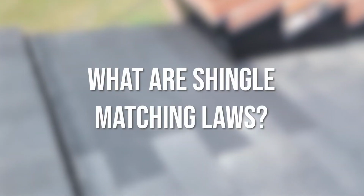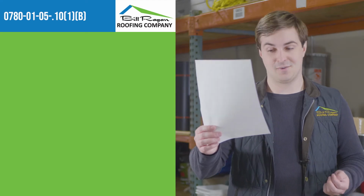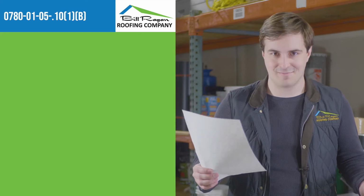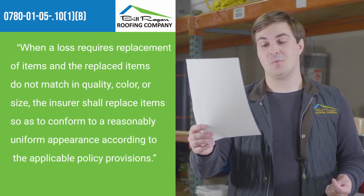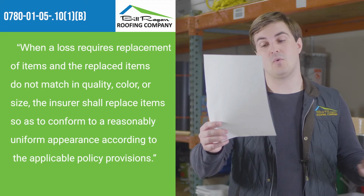What are shingle matching laws? Even though I've been saying shingle matching law, really the law refers to any sort of building material and having to match it. Here in Tennessee, our shingle matching law is the following. Law 0780-01-05-.101B. It states, when a loss requires replacement of items and the replaced items do not match in quality, color,